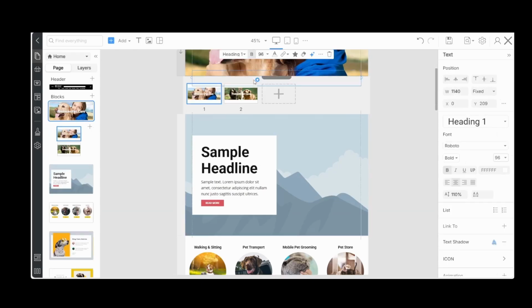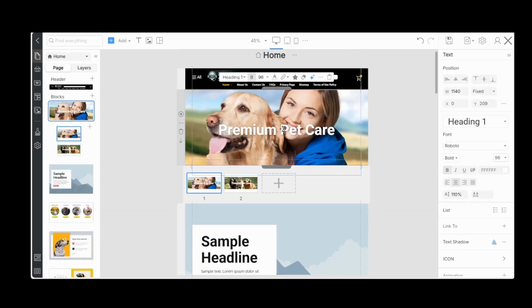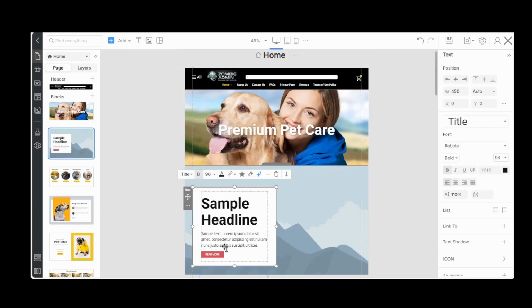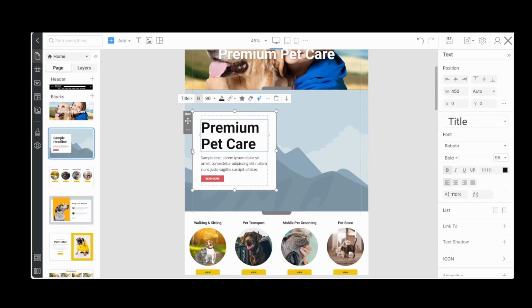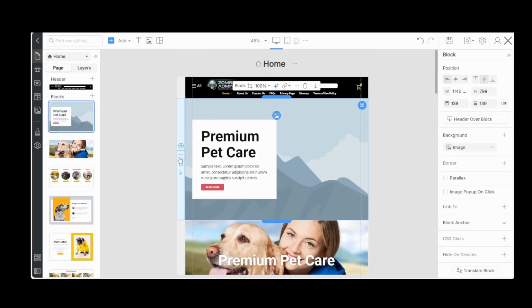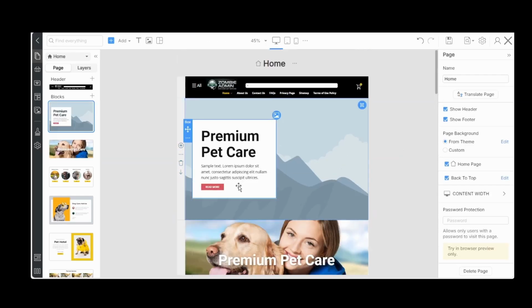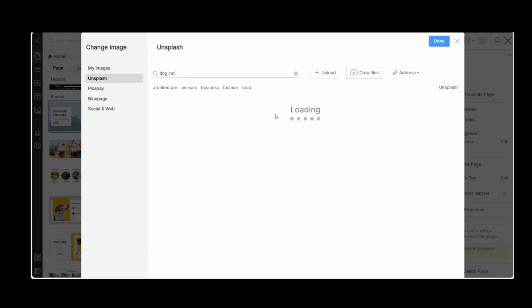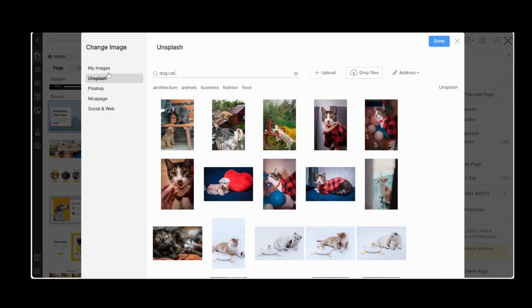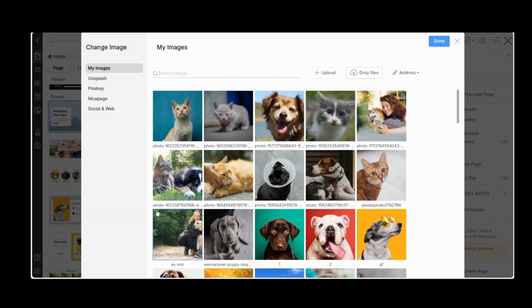Let's copy and paste right here. Matter of fact, we are going to bump this to header. Let's place in image.